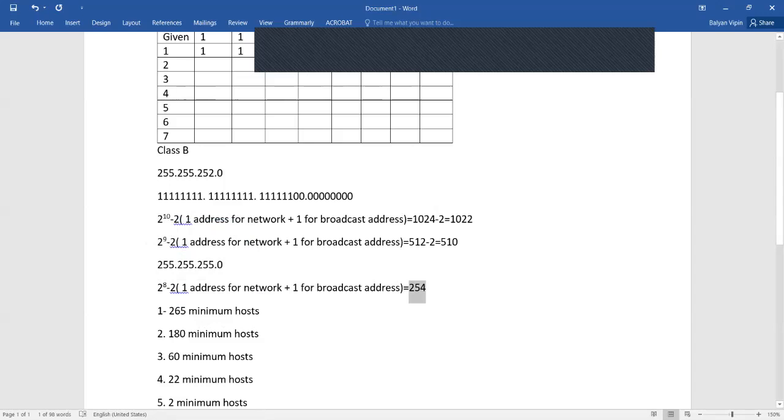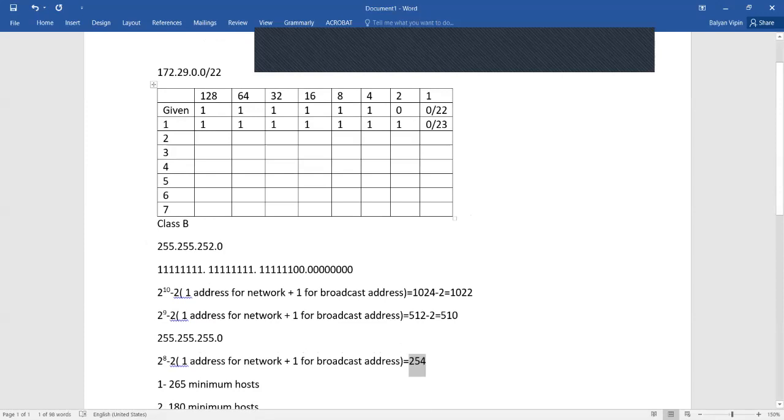So I need to move to this one where I can accommodate 500 users. So the subnetting which we used for the first question will be 23. That's why I already put it in the first one.